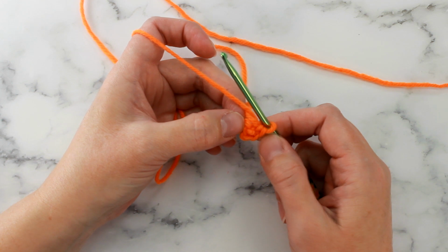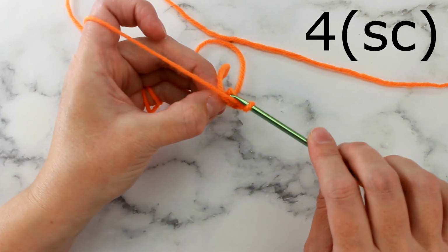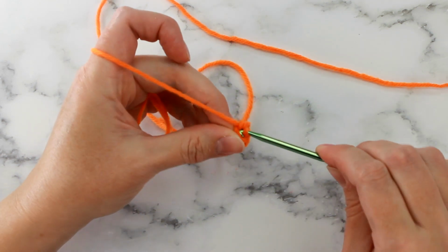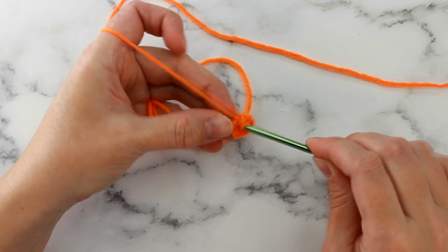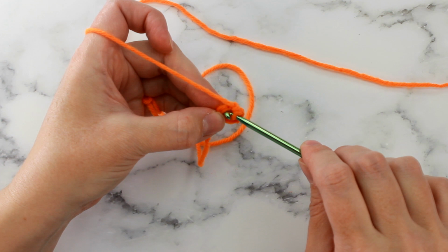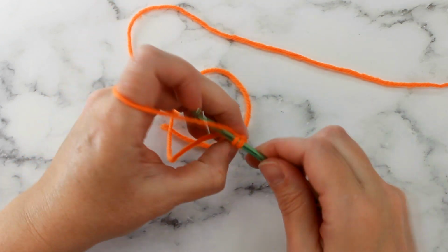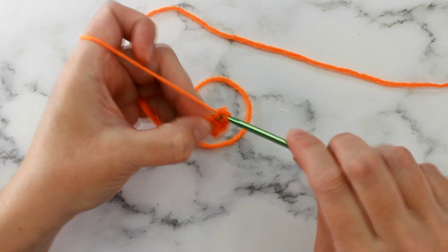And for round 2, we're going to single crochet into the next stitch, and then into the next stitch we'll place 2 single crochets, and then we'll just repeat that around. So remember, just place 1 single crochet into the first stitch, and now we're going to place 2 single crochets into the second stitch. So there's 1, and there's 2 into the second stitch. Now just place 1 single crochet into the next stitch. So there's 1, and then place 2 into the next stitch. So there's 1, and then 2 into that same stitch,